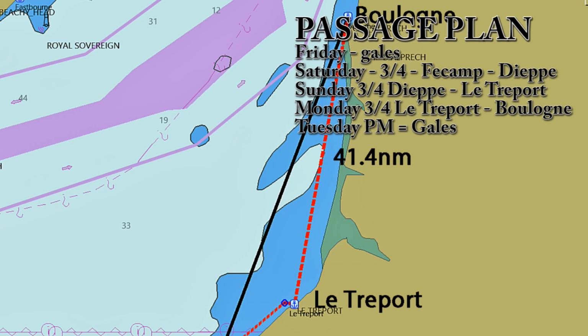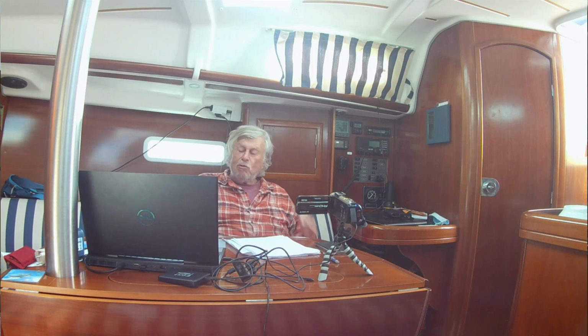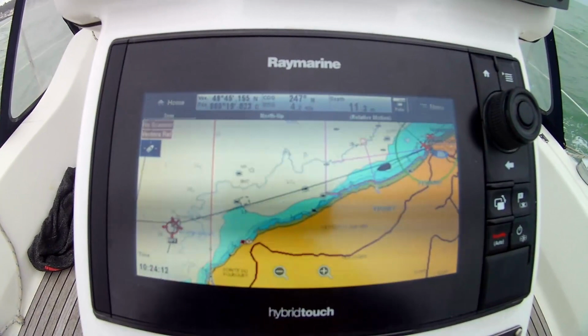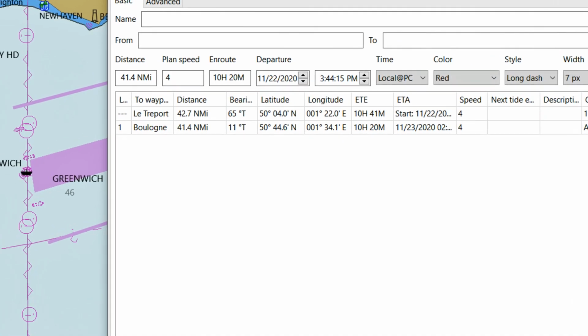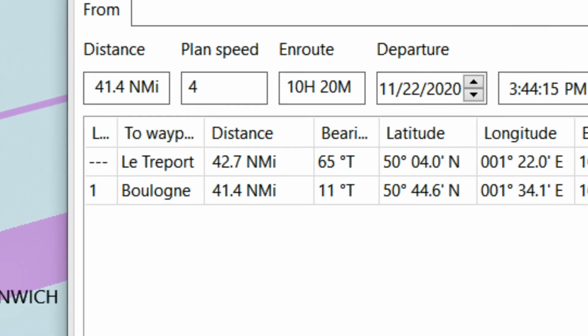From Le Tréport to Boulogne is 41 miles. So according to the information on my CMAP, on which I do all my planning, and I then either transfer it on the chip if it's very complicated to my Raymarine plotter, or I just use the basic information to put the stuff into the plotter. I reckon it is about 10 and a half hours from Le Tréport to Boulogne at 4 knots,